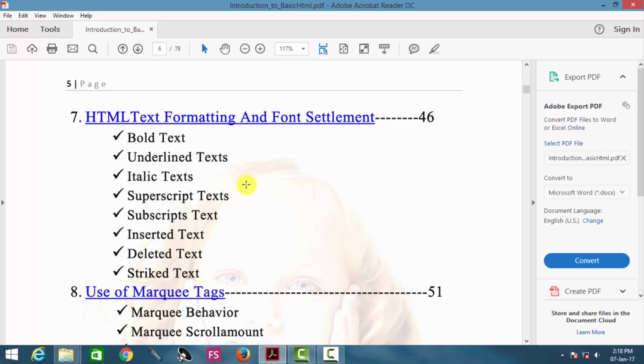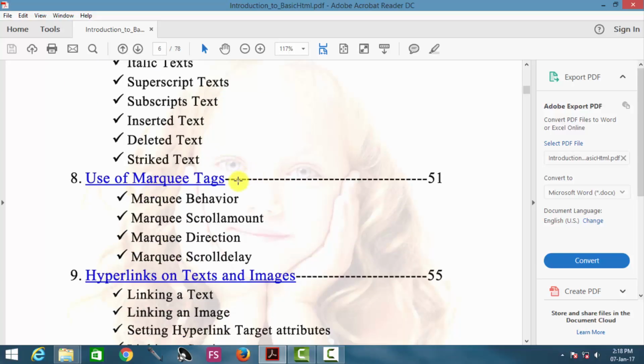You have to make some specific styling properties, like your text will be bold, or underlined, or italics in nature, or superscript, subscript, headings. Those sort of things will be discussed here mainly.